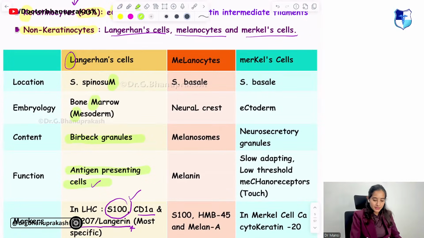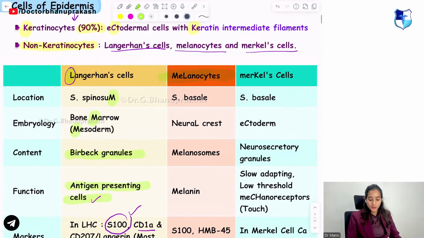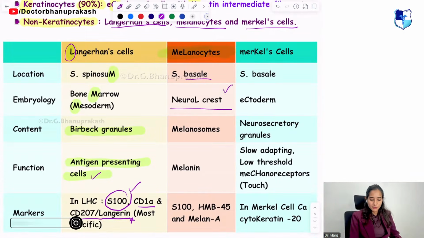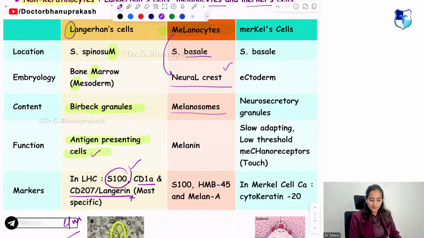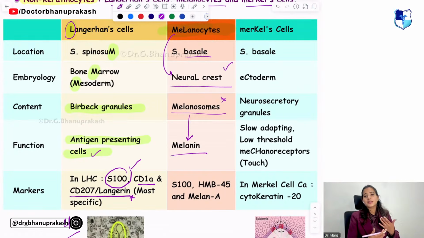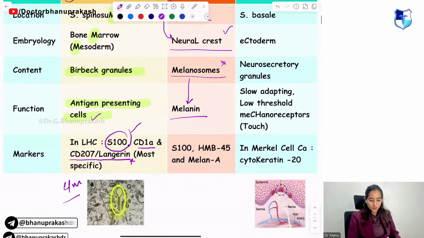Then we have the next cell among the non-keratinocytes, which is the melanocyte. The name itself can make you understand: it is going to give you melanin, right? It is present in the stratum basal, and it is derived from the neural crest. So M followed by N, neural crest is the derived part. It contains melanosomes, which produce melanin, which gives your skin color. The marker related to it is S100. You don't have to remember it because it is present in both. What is more important for this is Melan-A. It can help you diagnose melanoma, the skin cancer, and there is another marker,